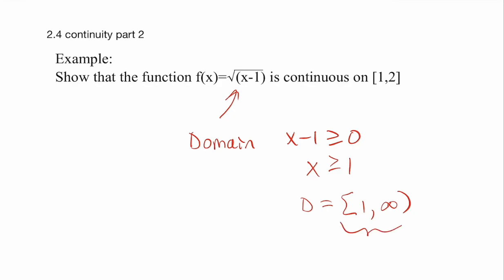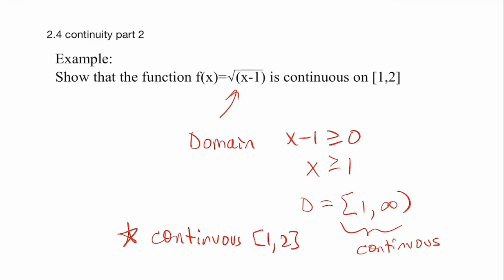And so it is continuous along its domain. So if it's continuous from 1 to infinity, then it is continuous from 1 to 2. And it's all about the fact that a square root is continuous along its domain. Okay, so that's all you have to do for a problem like that if they ask you to show that